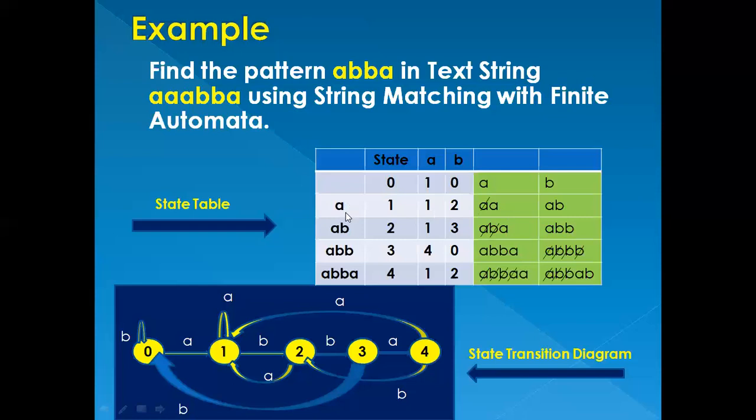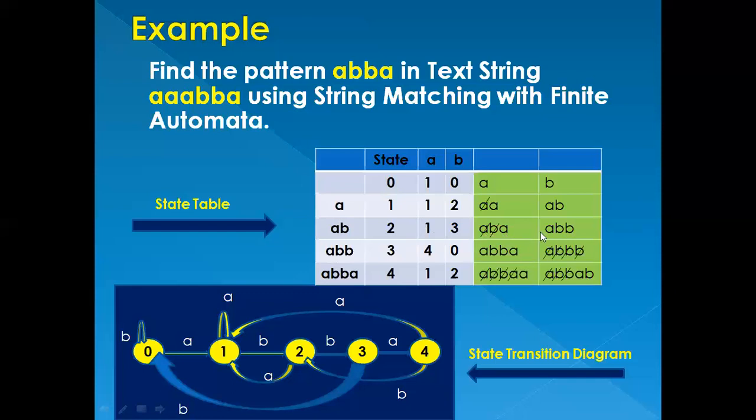If you have this particular state A and you add B to it, it becomes AB. Again, check, do you have a state like that? Yes. That is the second state, so you put 2 here. Now for the next one, you have AB in state 2. If you add A, it becomes ABA. First you need to check, do you have a state like ABA? No. So you start cancelling from the left. You cancel A at first, so it is BA. Do you have a state like BA? No. So again cancel one, and you're left with A. Do you have a state like A? Yes. You put 1 here.